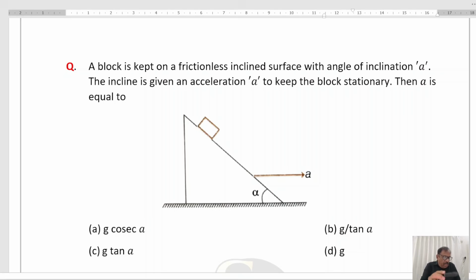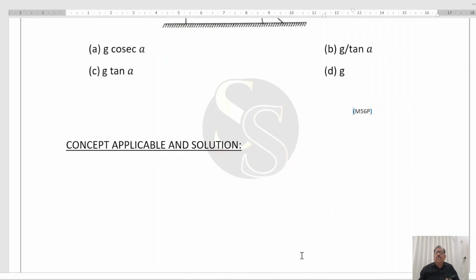Question is, a block is kept on a frictionless inclined surface with angle of inclination alpha. The incline is given an acceleration of A. To keep the block stationary, then A is equal to, we have to find the answer. I have discussed all the concepts. The free body diagram will be,